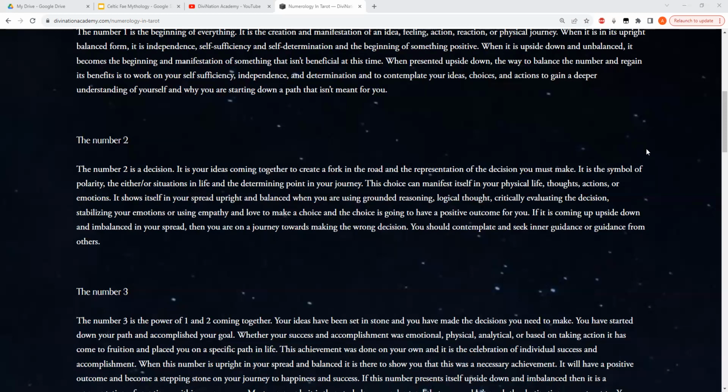Oh, I love how well you are grasping the idea of the number 2, because the number 2 is a harder one to grasp because there's kind of so much to it. Duality is a very big word. There's a lot in the word duality. There's also a lot in logical thought and reasoning and empathy and critically evaluating things, decision making. The number 2 is a very complex number, and you have to kind of see in between the lines. It's not just this person's ability to decide where they want to eat, but it's so much more than that. And I think you guys are all understanding that really well.